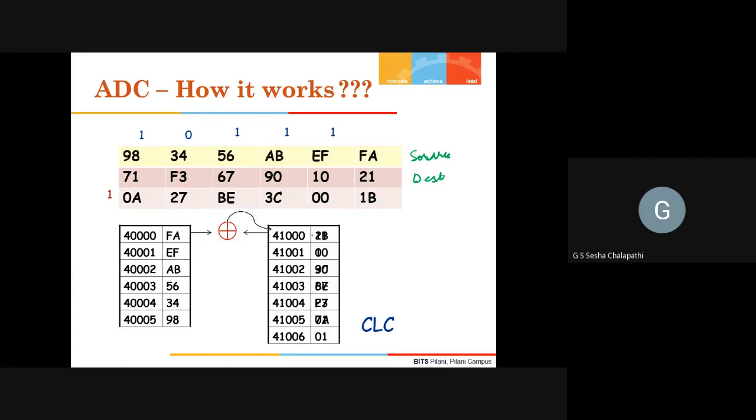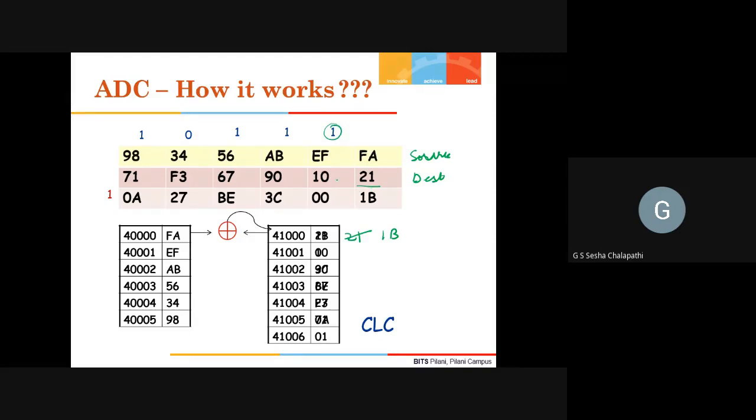Then if you look at this, A plus 1 is B. F plus 2 is 1 with a carry. 1 plus F plus 0 is 0 with a carry into this.